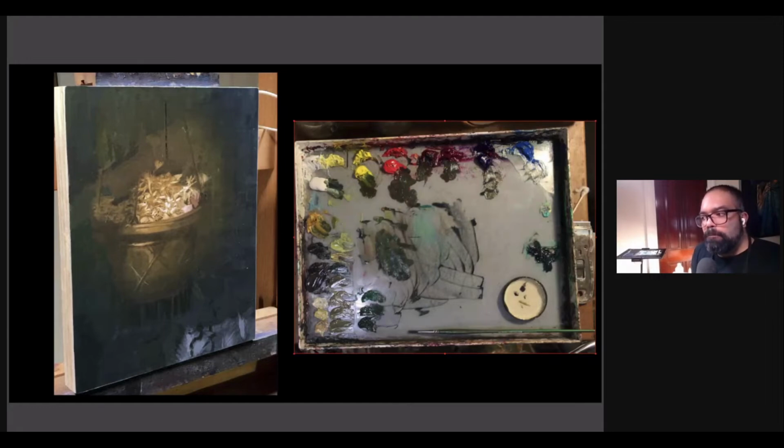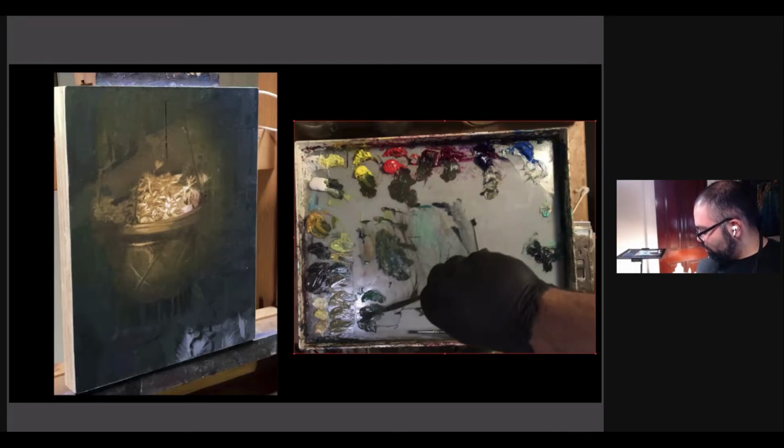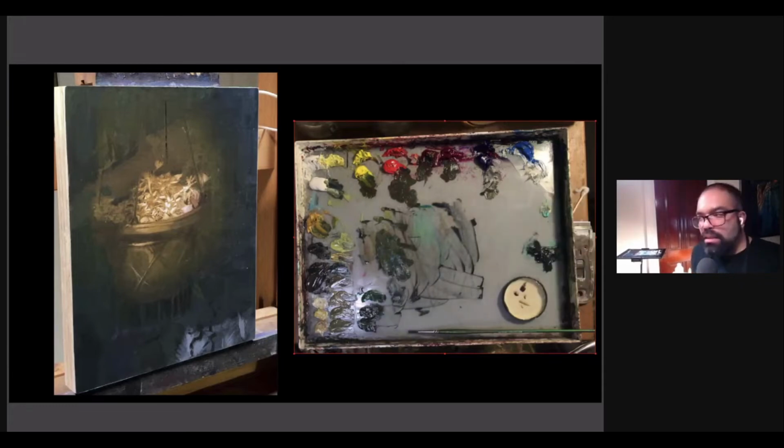Well, and when it peeks through, it influences your painting in a huge way, because it's so bright. It's like trying to paint against black. You're going to do a dark painting, and that could work to your advantage if you wanted to. I know what it does to my painting experience, and I have to decide whether or not I like that, and a lot of times I don't. Now I will start with white